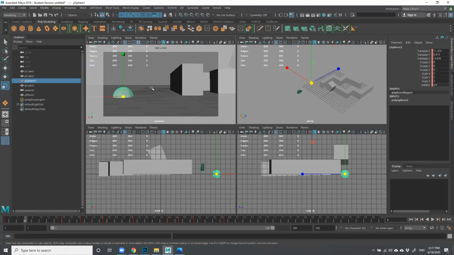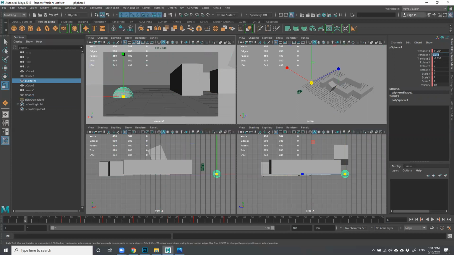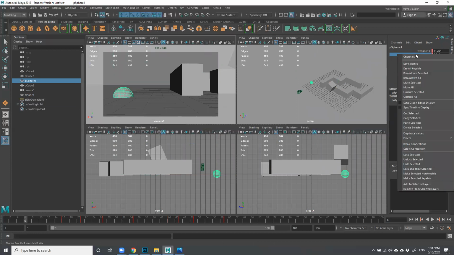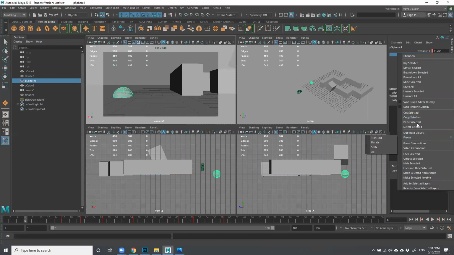One thing that I just noticed here is my ball is sitting on the vertical center. So that was kind of a mistake, and I need to fix that a little bit. I really don't have any up and down movement on this. Knowing that this ball is never going to jump up and down, what I could do is right click on translate Y, right? And let's delete